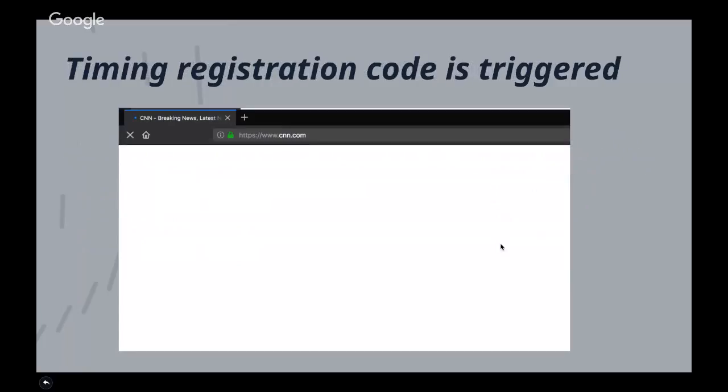So why is the timing important? Most of the time, if you look at sample code, they'll do it on your window.load event. The reason being, usually in service worker registration, you'll tend to download a whole series of resources for static responses and cache them into your cache API.